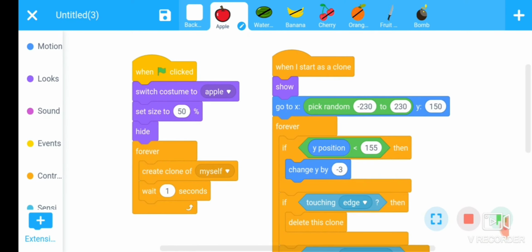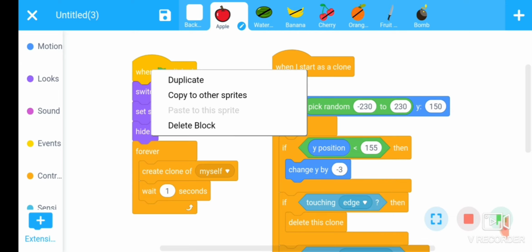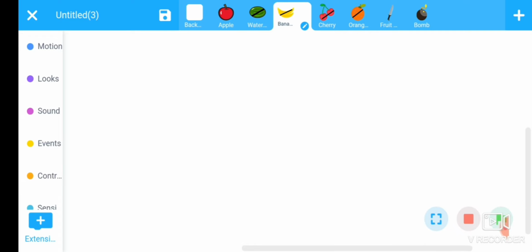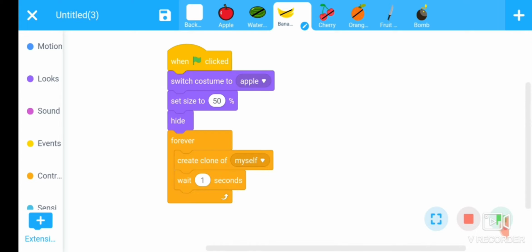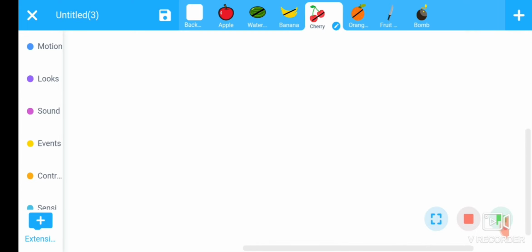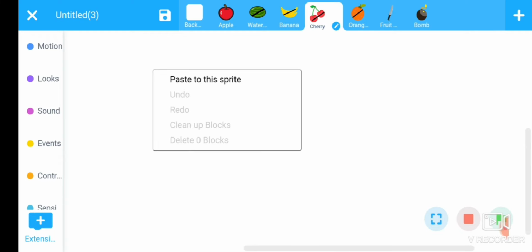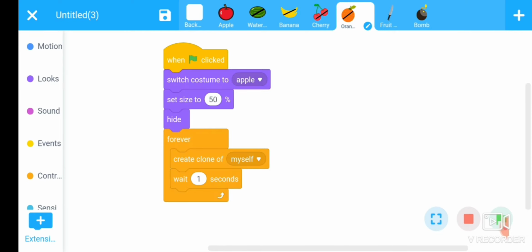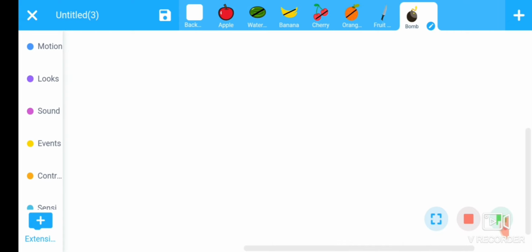Now you will copy all the code of the apple sprite into the remaining 4 fruit sprites. Copy this code and paste in watermelon sprite. Also paste in banana sprite, then cherry sprite, then orange sprite. Also with a little bit of modification you can put this code in bomb sprite also.